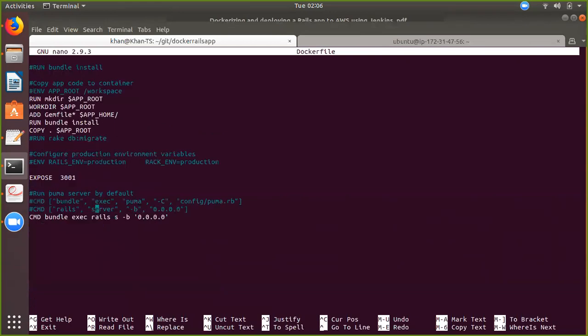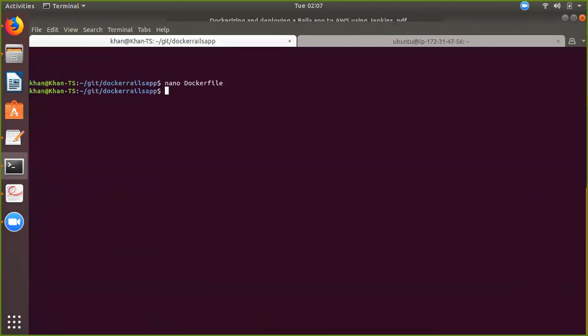Right, and then basically I'm exposing a 3001 port and running the rails command. This is what I have written in my Dockerfile, which will build the image based on it. And in Docker Compose, if you see